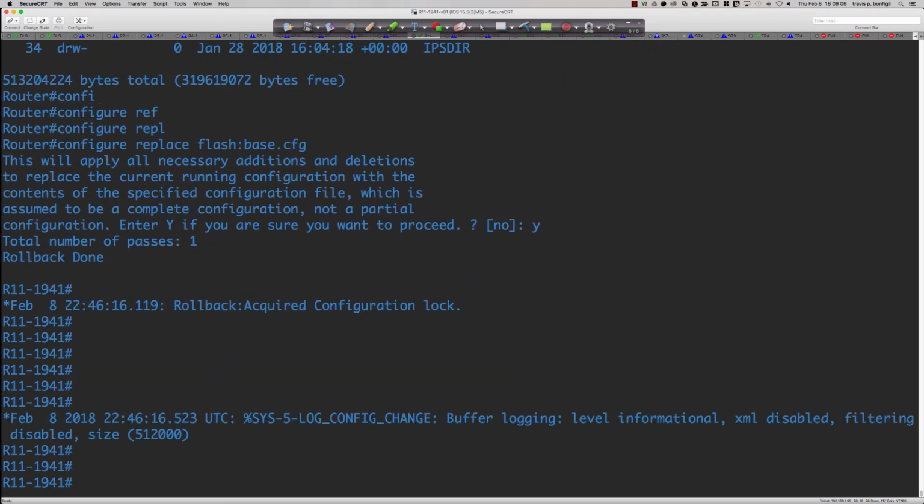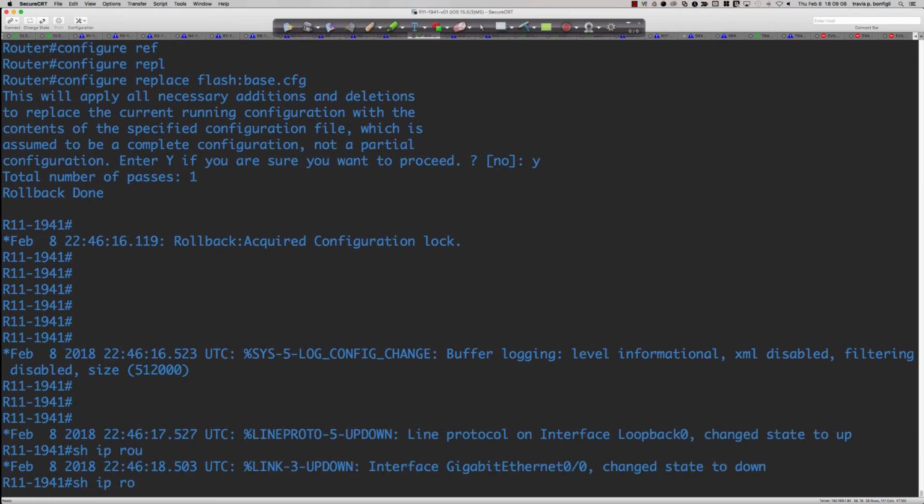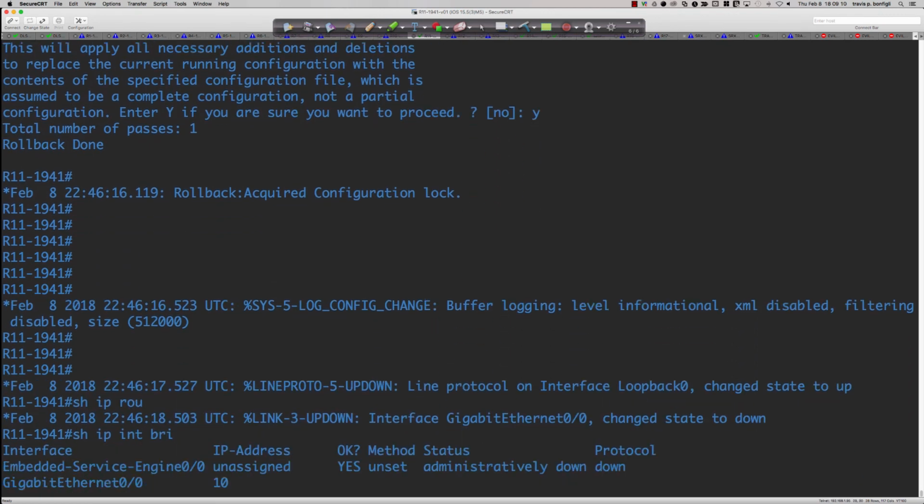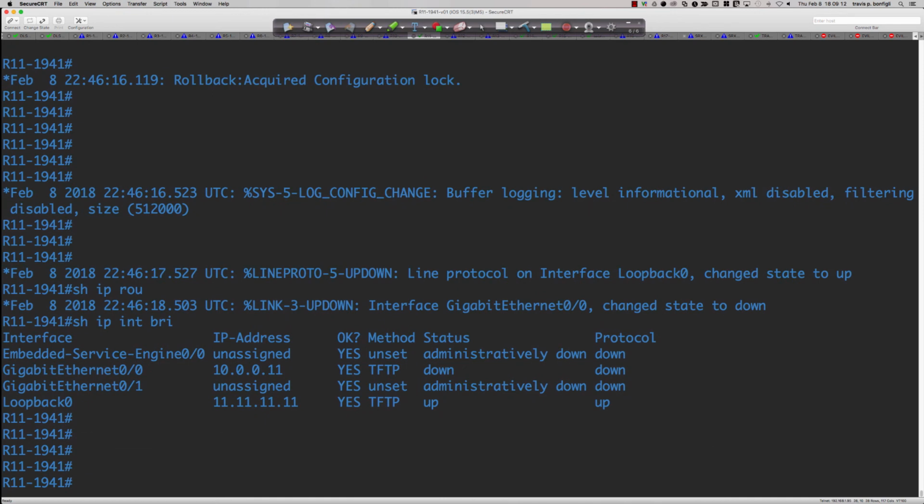And look, it gives the host name and everything. So we'll do show IP route, show IP interface brief. So that's what we look like now, right? And there's that loopback address, Lauren, if you're watching. Okay, that's how you would see the loopback, and you manually create that. So now we've got the gig 0/0 interface, and it's 10.0.0.11, that's the IP address, and the network is